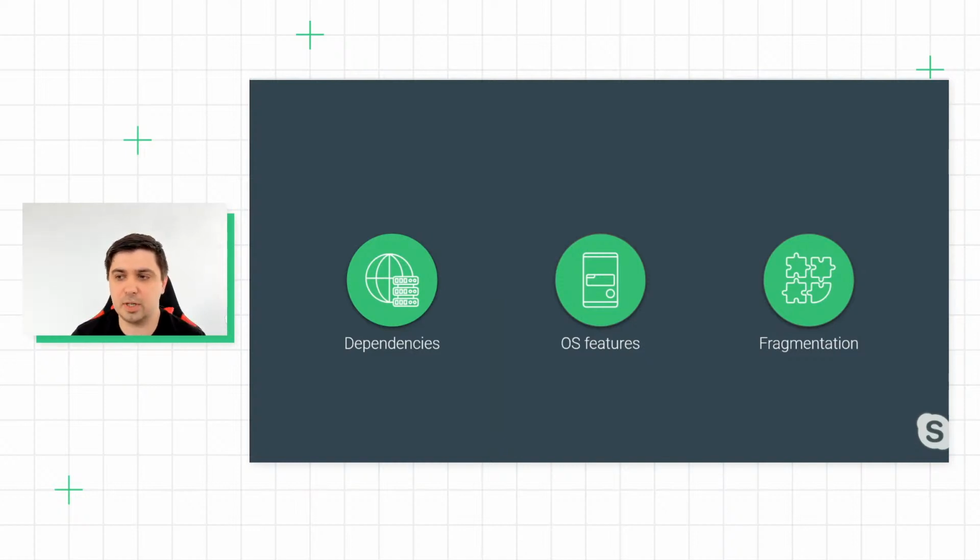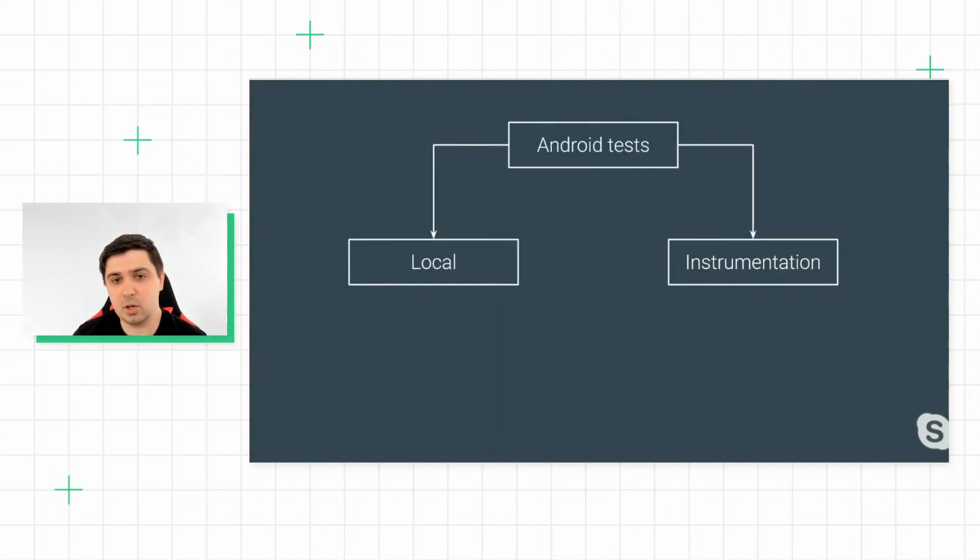And of course, we have fragmentation, many vendors which produce different devices with different versions of operating systems and different features which are available only on specific devices. So coming back